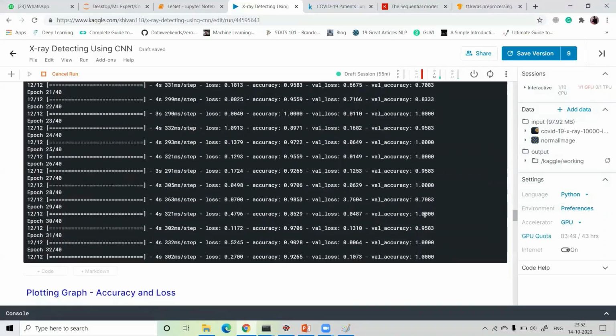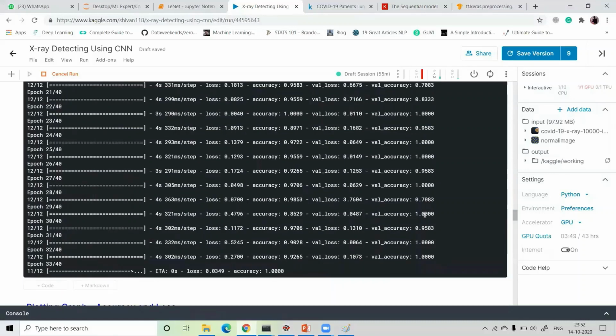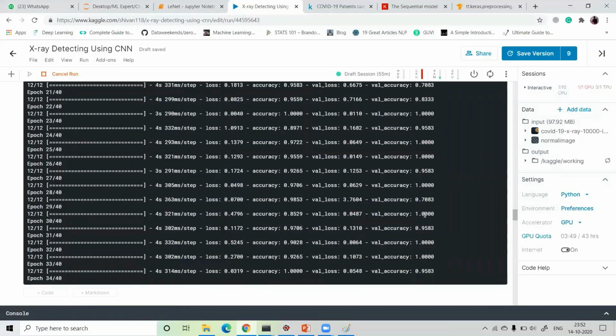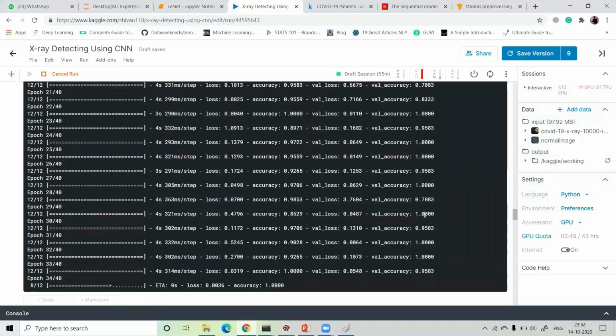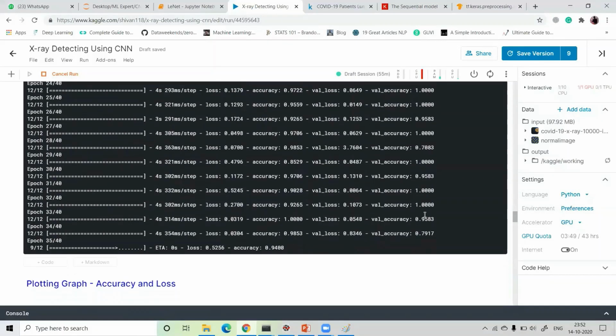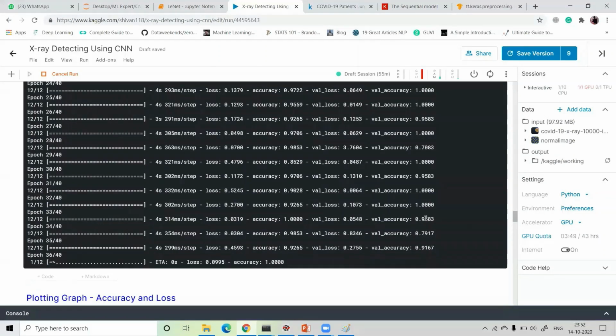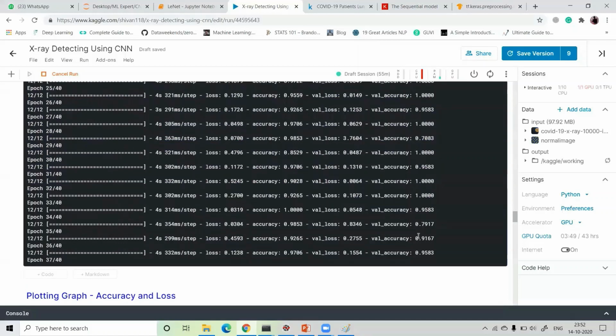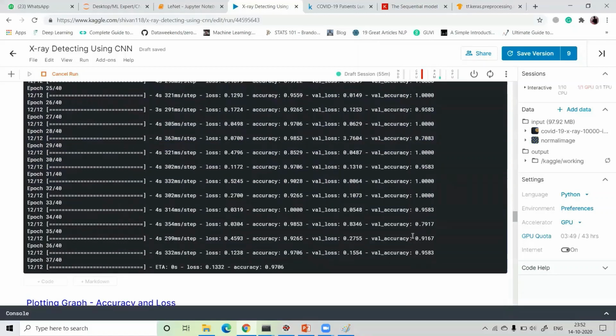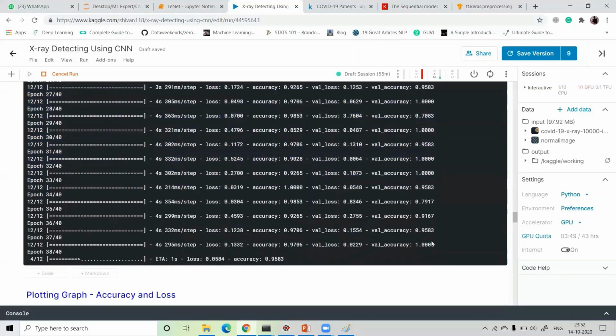Okay, so 32 epochs. Thirty-five epochs are completed. Our accuracy both increases and decreases, guys. Okay, so at 37, 95 accuracy, 100% again at the 37th epoch.